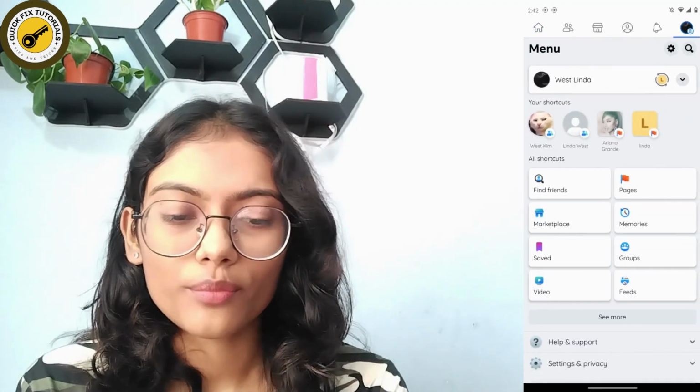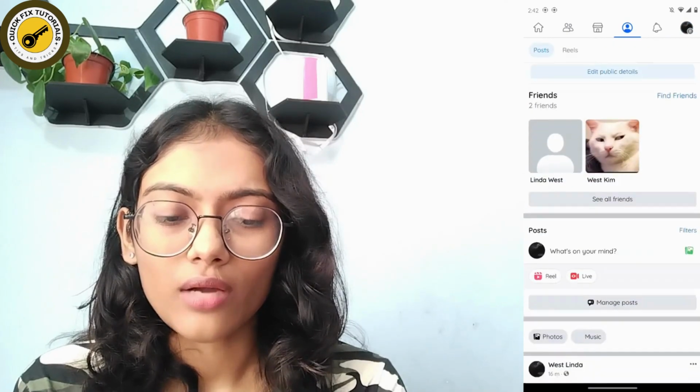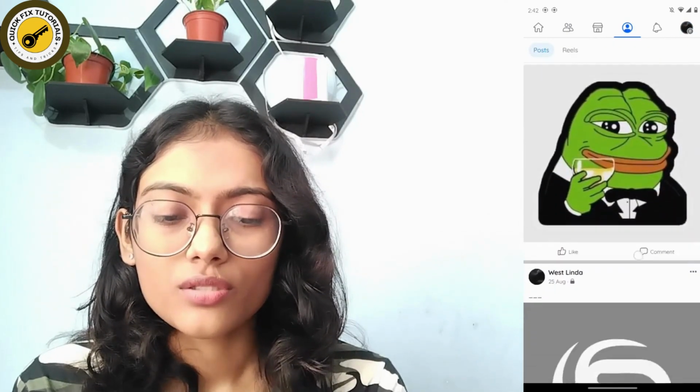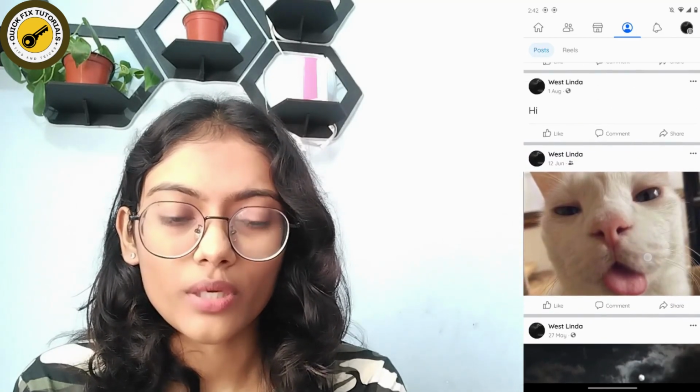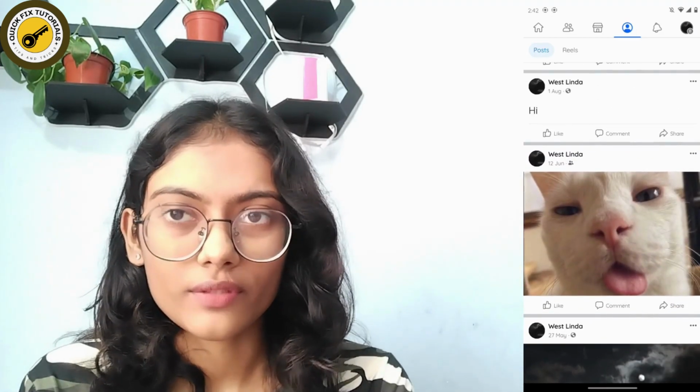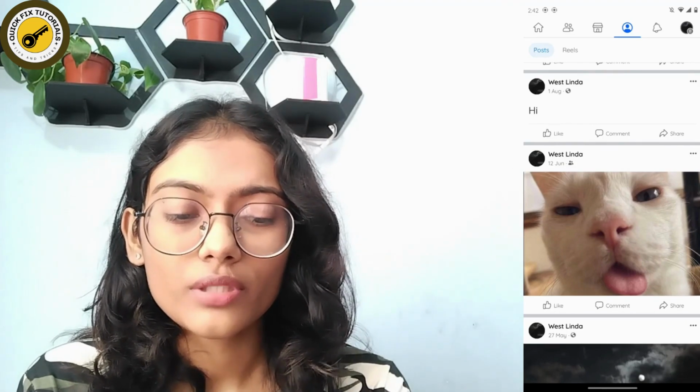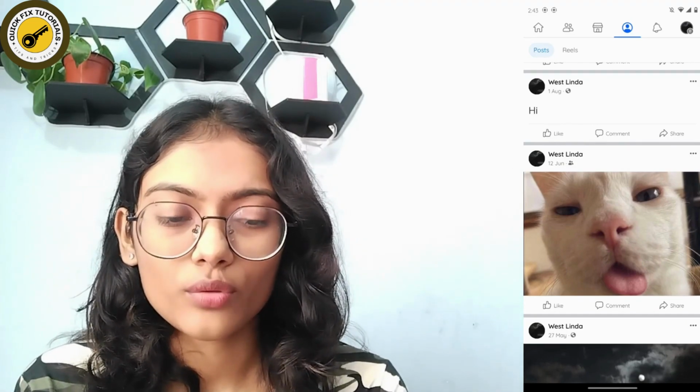and then you can go for your profile, and you can scroll down, and here you will have your post, right? So you can simply go for any one of your post. So for example, I'll be choosing this one, and if you want to edit the privacy of this post, then you can simply go for the three dots which is on the upper right side of that post, and here